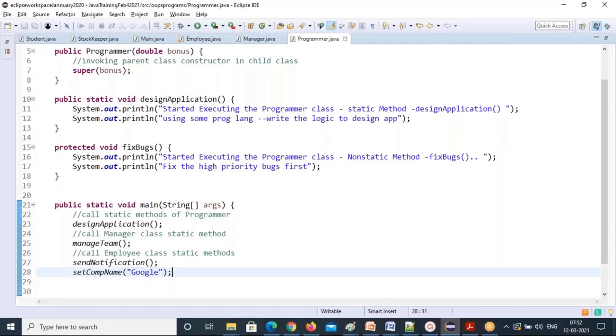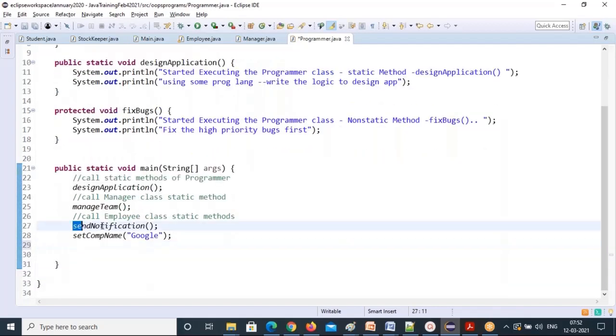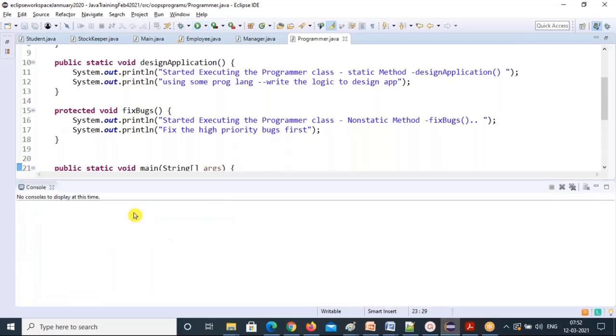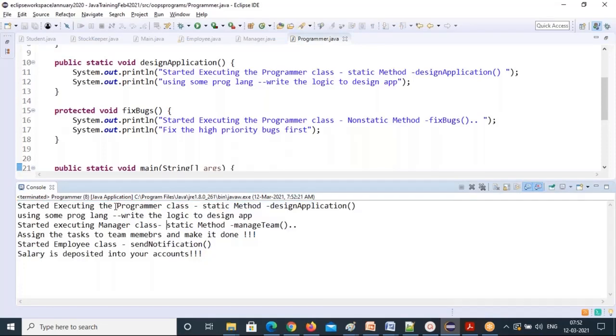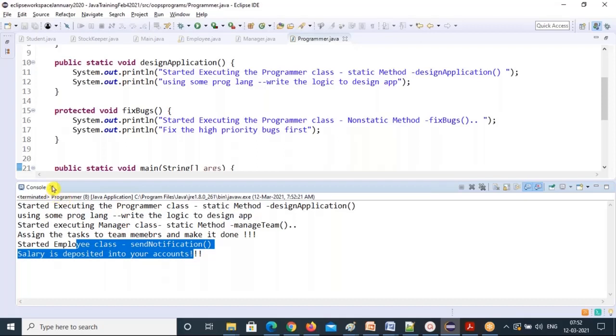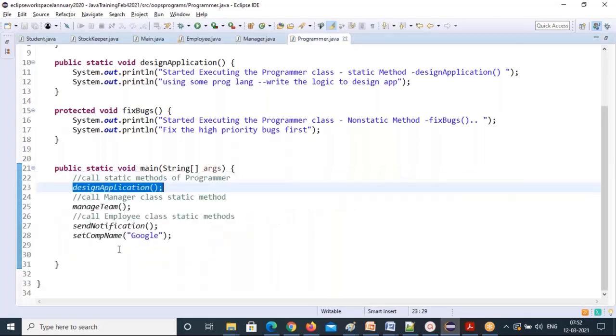Okay, these are all coming from the employee class. This is coming from manager. This is from the child class itself. So how I called directly, I called these things. See that I'm executing that code, right? All these are programmer, then manager, and then employee class. All three levels this programmer is able to access.